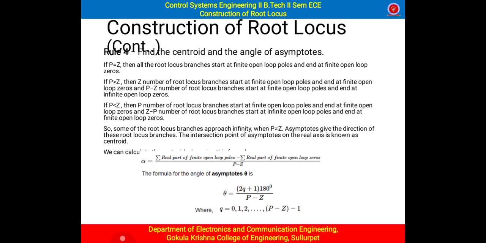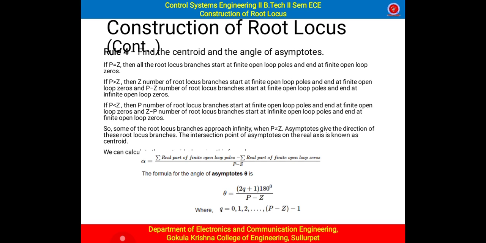So the fourth step, find the centroid and angle of asymptotes. See, if P is equal to Z, the root locus branches start at finite open loop poles and end at open loop zeros. That's what I said. But if P is greater than Z, or if P is less than Z, then